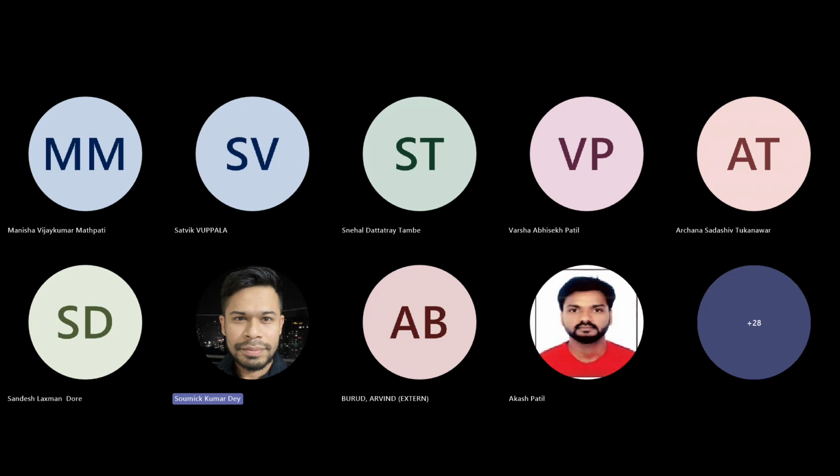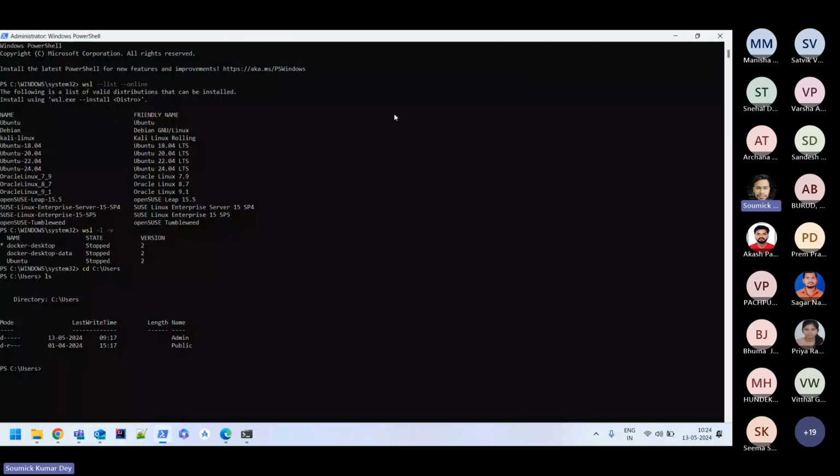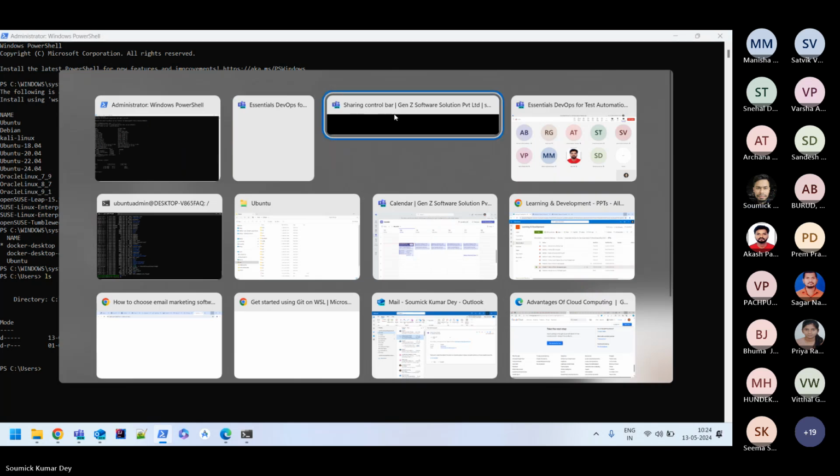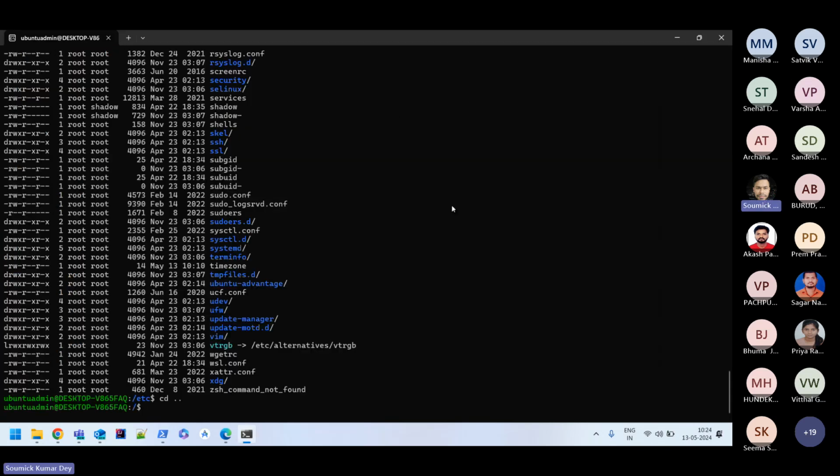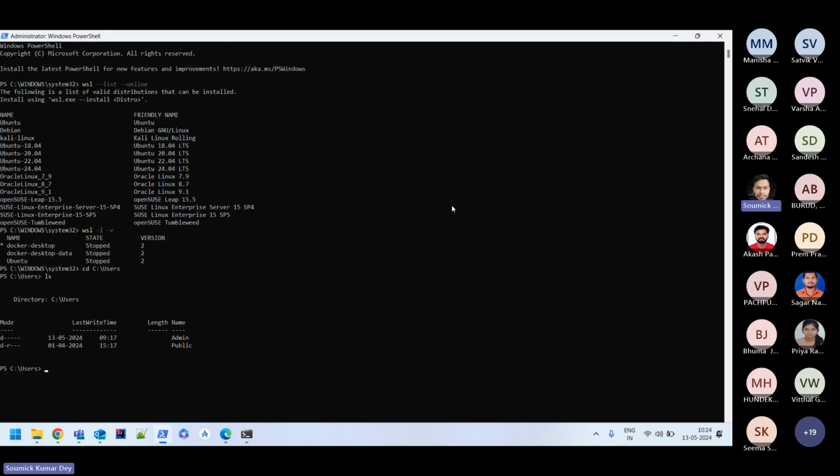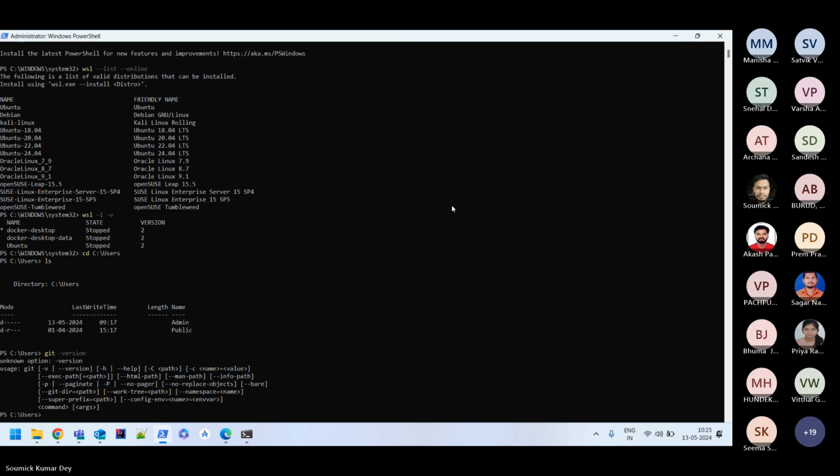As I was telling you guys earlier, let me share my screen once again. As this PowerShell and that particular Linux distribution, these two command lines are different. The file structure, the internal settings and the internal file system are different in this Ubuntu distribution and the Windows distribution. So in my case, let's say I have Git in my Windows system, so I can check